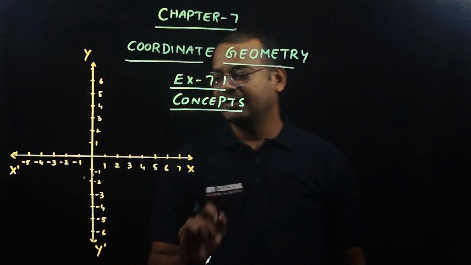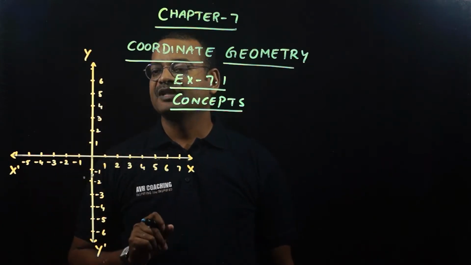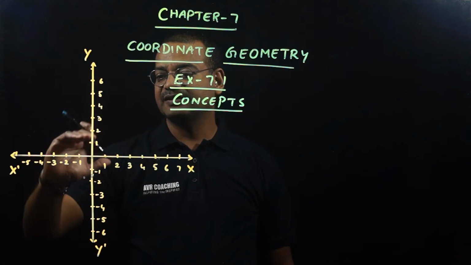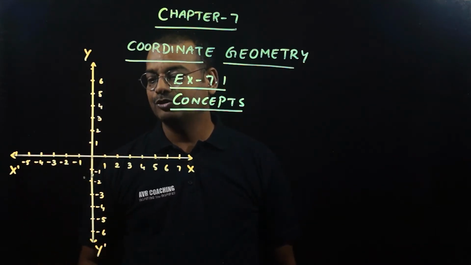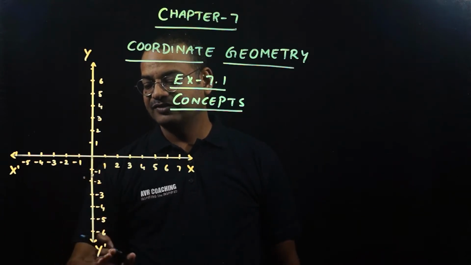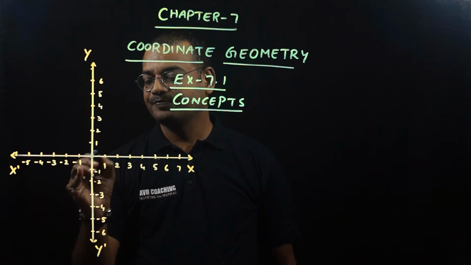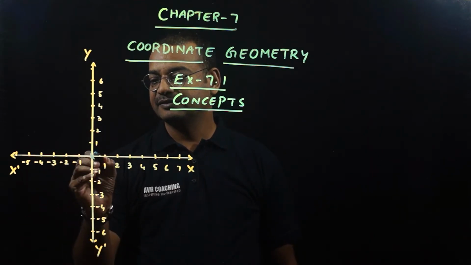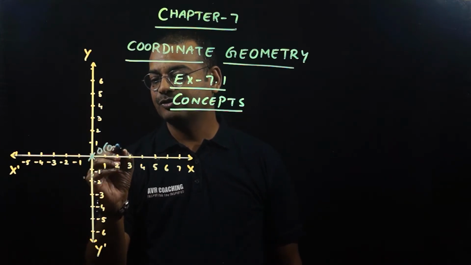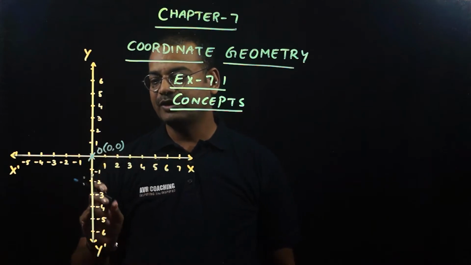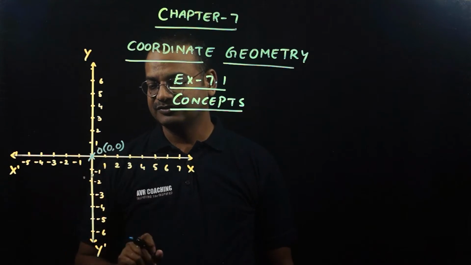the positive side is called x and the negative side is called x dash, and the vertical line is called the y-axis, where the positive signs are to the up of the line and the negative signs come below the line, and the negative side is called y dash and the positive side is called y. The intersection of the x-axis and y-axis is called origin, represented by O, which is always 0, 0. The origin is denoted by 0, 0.